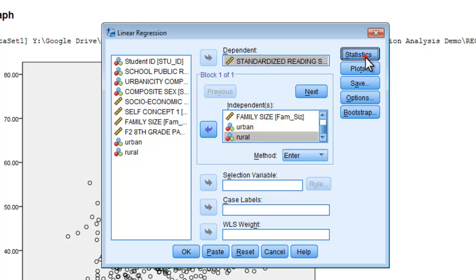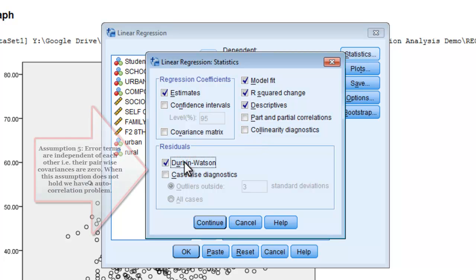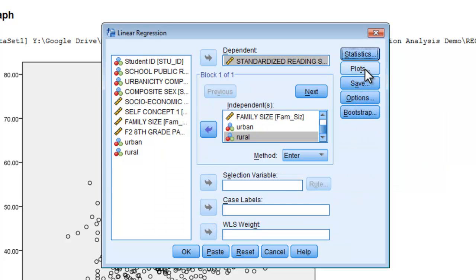Now come to statistics, check R-squared, descriptive statistics, and Durbin-Watson tests. Now the Durbin-Watson test will cover the assumption 5, check collinearity, it will cover the assumption 7, press continue, go to